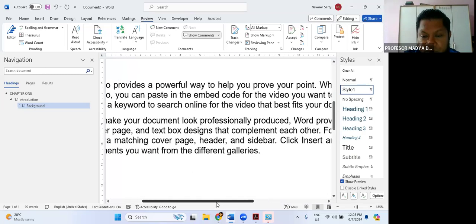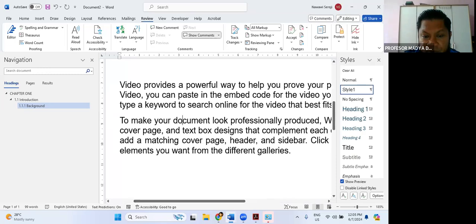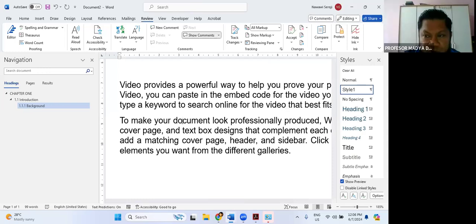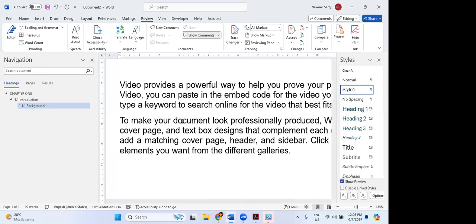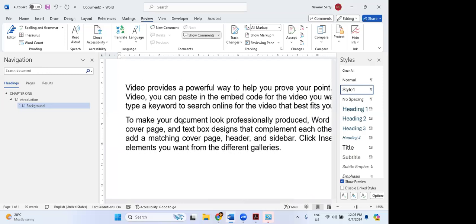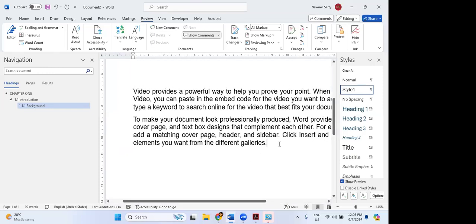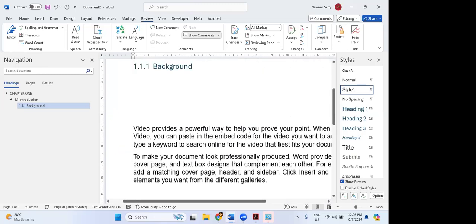Doktor, yang we type random 2, 3, dia akan terpakai the whole document? What do you mean terpakai? Maksudnya kalau kita buat, okay, this document sekarang ni yang kita buat document 2, right? Okay, so we write random 2, 3. Means the whole document 2 ni akan jadi every